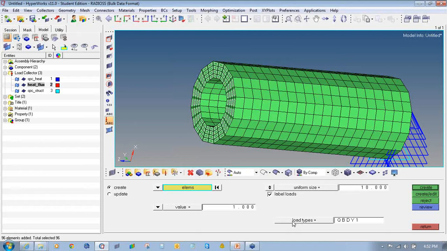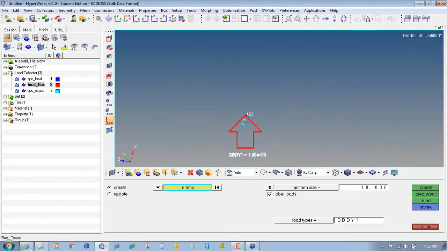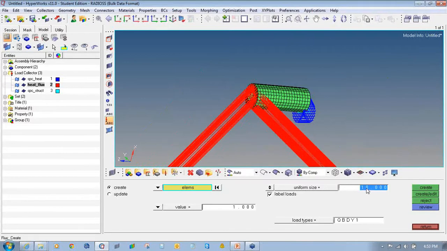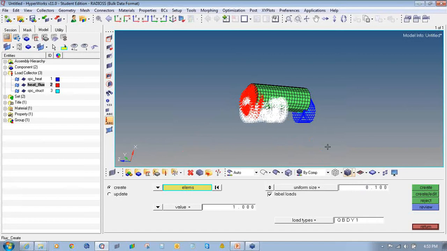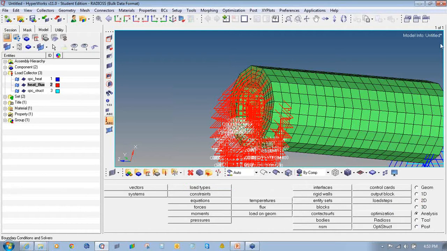Load type, we will select QBDY1 from the list. Enter the value as 1 and click on create. So this creates the heat flux. We can decrease the size. The uniform heat flux into surface elements is now defined. So I will click return to exit it.